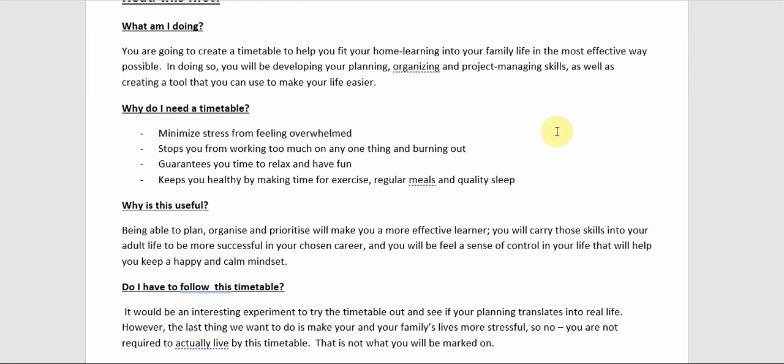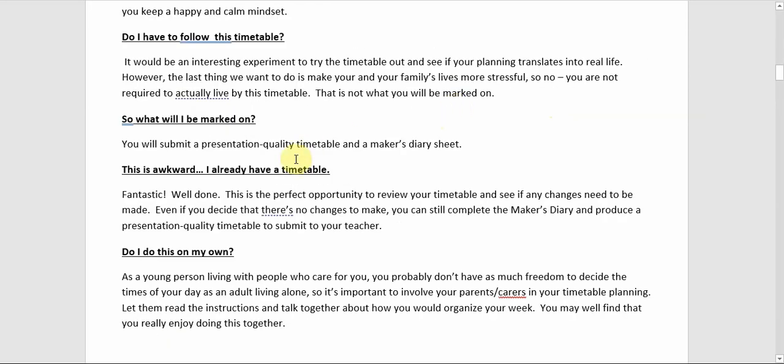And whether we're talking about getting ready for school exams, organizing your life in general, impressing your boss at work, impressing the clients of the company that you have set up and own, whatever point of your life you're at, those skills are really important. So doing this is an absolutely fantastic piece of work to develop your skills, not only for school but for life. You will submit the timetable and a copy of the maker's diary, and I'm also going to ask you